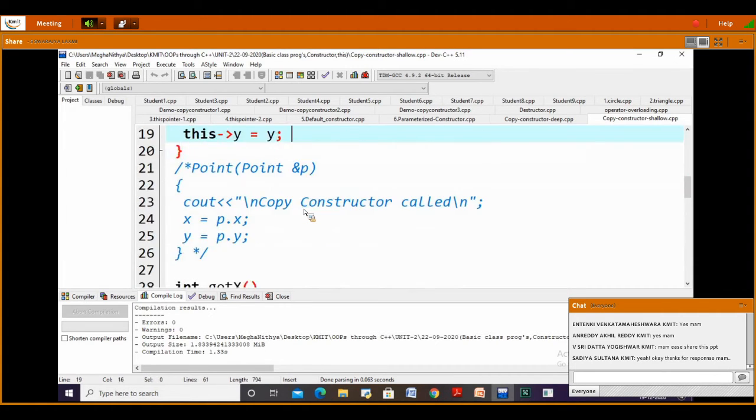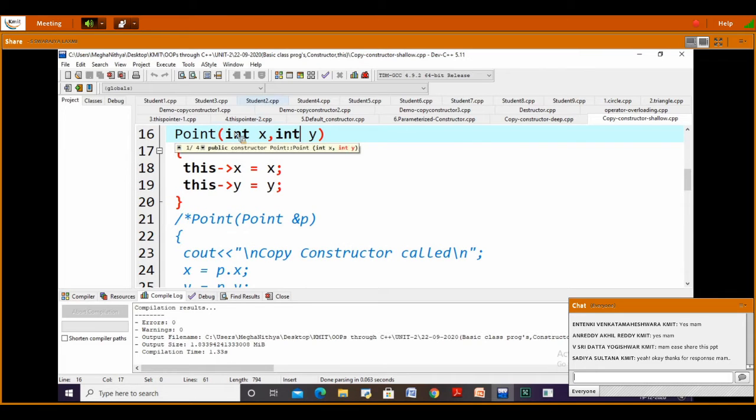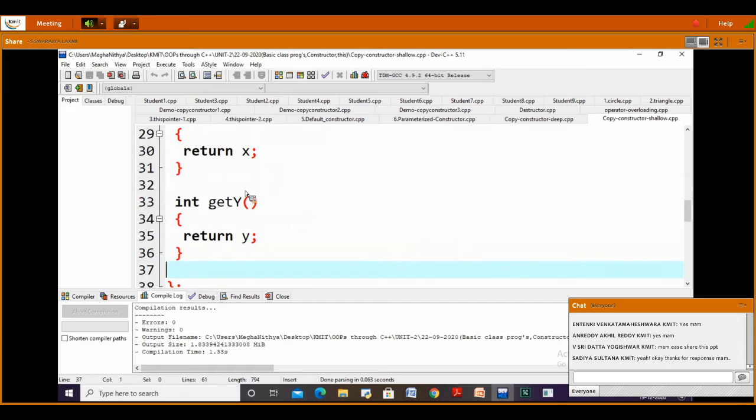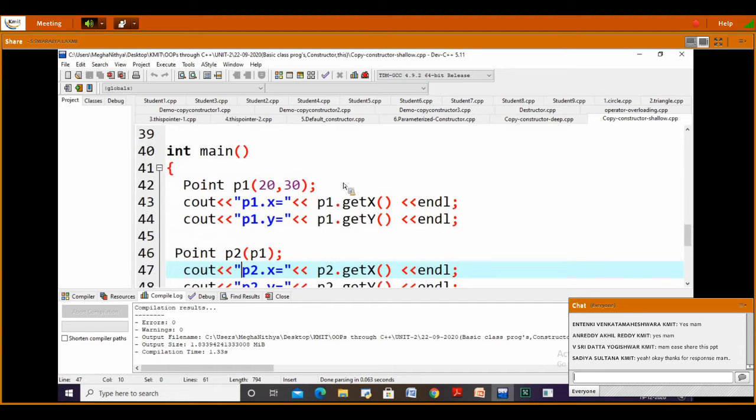So where is the parameterized constructor we have written? This is our parameterized constructor. It will assign 20 to x and 30 to y, for the member variables x and y. Then p1 dot get x and p1 dot get y give us the values of x and y on object p1.